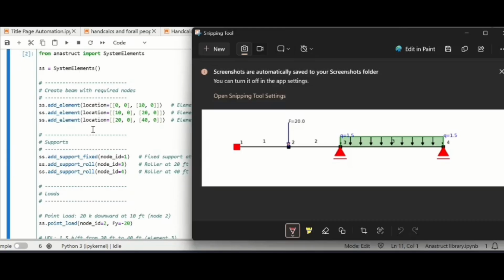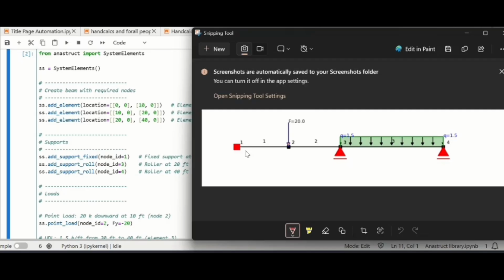As you can see, there is a code ss.add element. We are going to divide the beam into segments. As you can see, there is a force of 20. Maybe this question arises in your mind: why am I not taking this element directly from 0 to 40, as the whole beam length is 40?